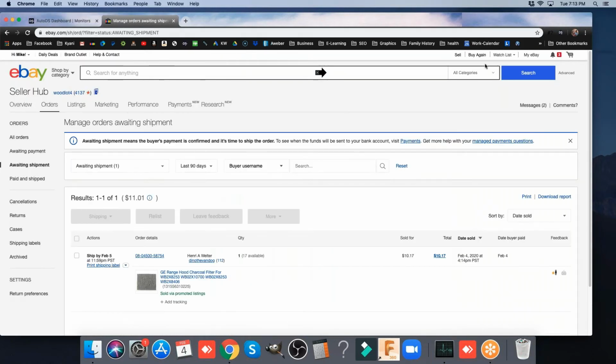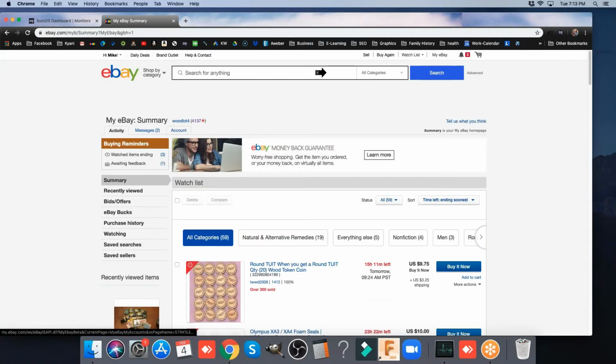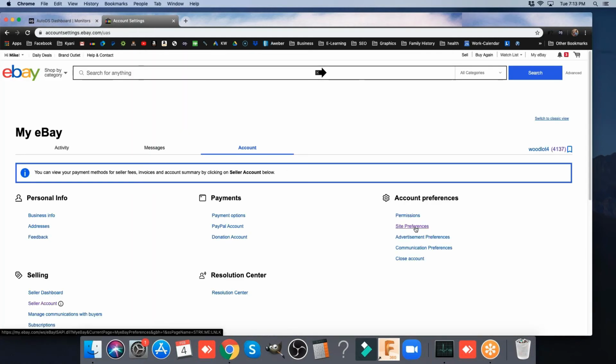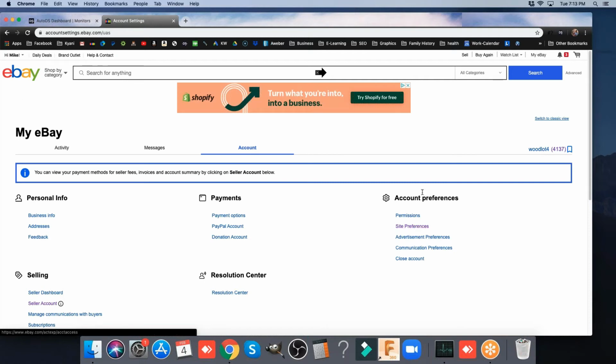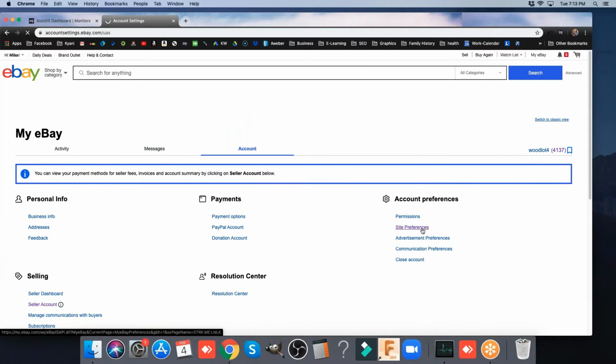So in your eBay account, we go to My eBay. We'll go to the summary. There we go, account. So you go into your eBay summary, account, site preferences. That's over here under account preferences. Give you a little arrow on that again to make sure it's obvious. So right over here, and we're going to go to this site preferences section right there. We're going to click on that, site preferences, and when that opens up,